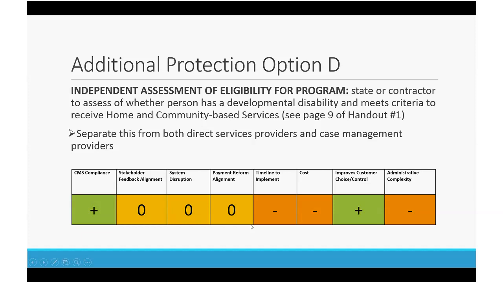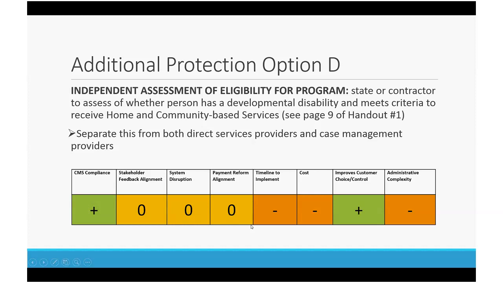Option D is independent assessment of eligibility for the home and community-based program. So in this option, there would be either state staff or a contractor to assess whether the person had a developmental disability and whether they meet the criteria for home and community-based services. So right now, the